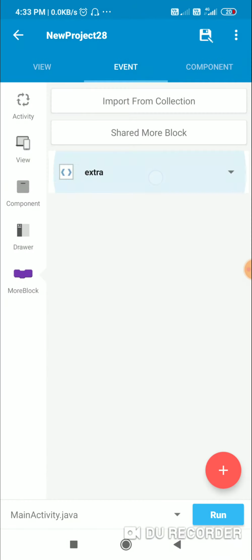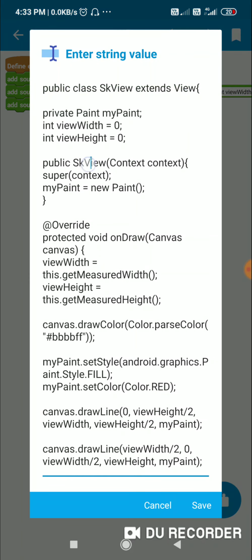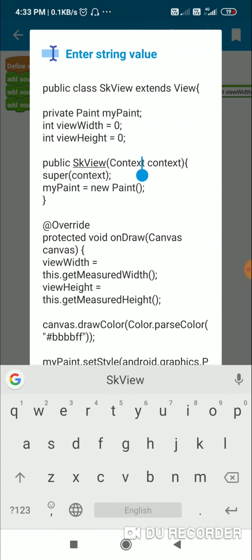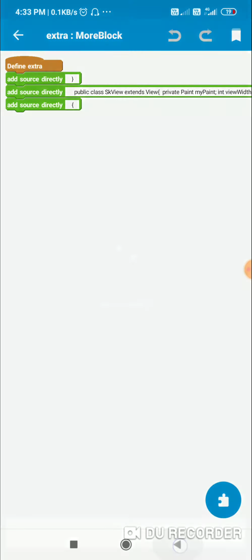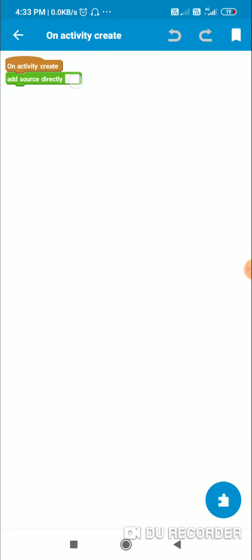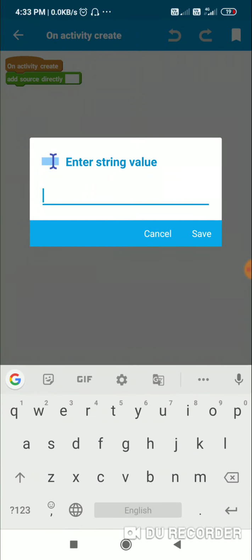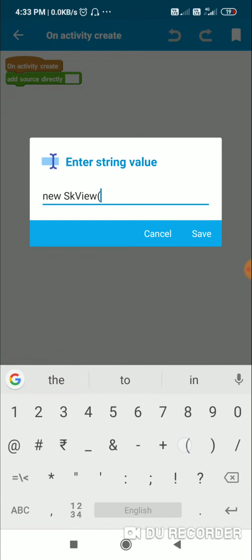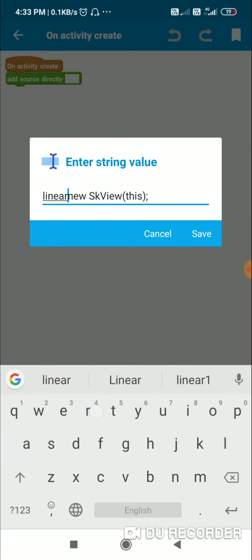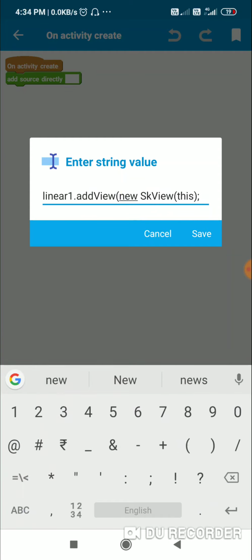Now I will create skView by using this constructor, which is public skView(context). So here I will write new skView and the context, which is this, and I can add it to linear1 by writing linear1.addView(new skView(this)).